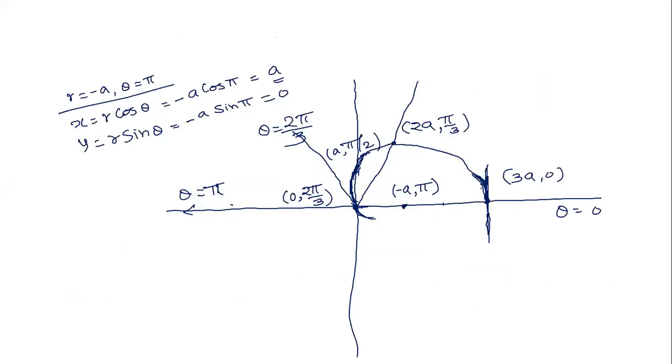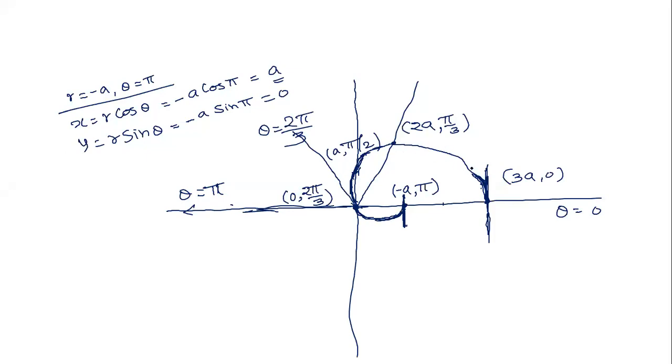So at this point, theta pi and r minus a, phi is equal to 90 degrees. This means the angle between the radius vector theta equal to pi, going towards the left hand side, and the tangent at that point is going to be 90 degrees. So I am drawing this line, which must be the tangent, and thus it must be like this. Okay, so this is half of the part.